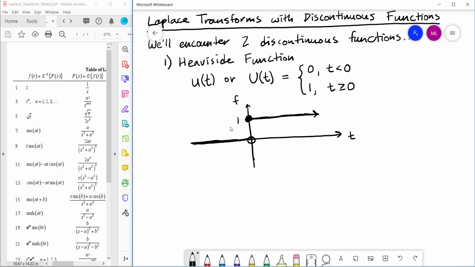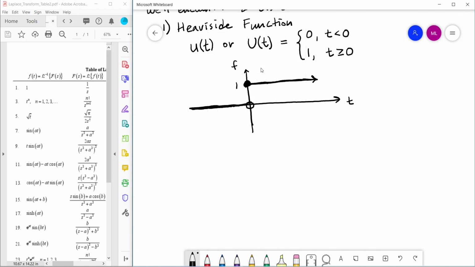So this is the discontinuous function, and we're going to use it again in the role of an on-off switch, where maybe the forcing term is turned off up until time 0, and then we'll flip the switch and have it turn on. But we're going to want to have the freedom to switch the time that we turn this on. So we don't always want to have to turn this on at t equals 0. So alternatively, we'll use a shifted version of this. Or more generally, I should say,